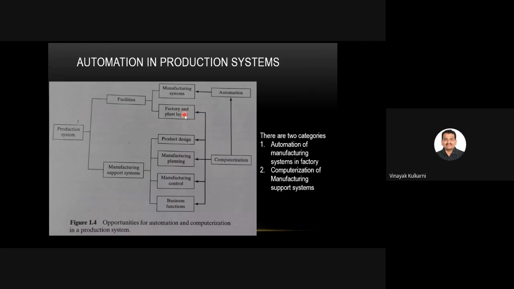But there will be a human intervention to make that software and put it into the system so that I can collect all the information without going into the shop floor. I'm sitting at one place. I want to check how many people are working, how many machines are on, how much is the material stock. I want to check everything happening on the shop floor. I can sit in my AC office and check everything. That comes as a part of semi-automation and computerization.